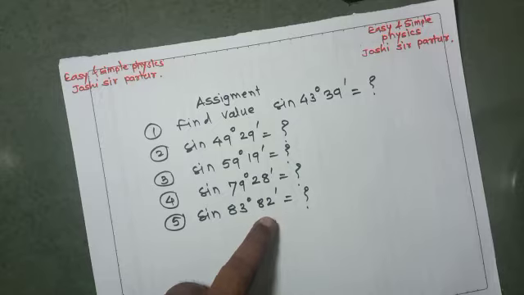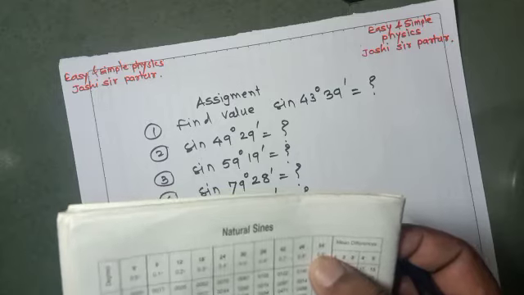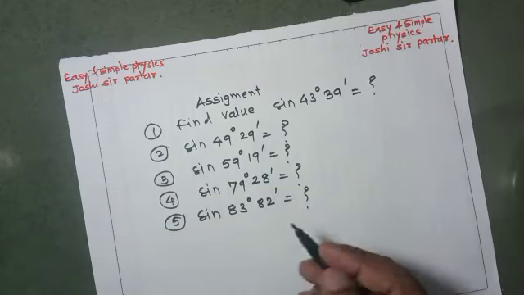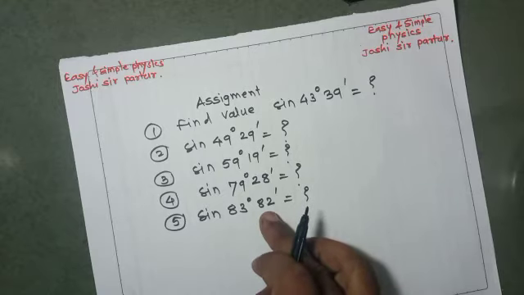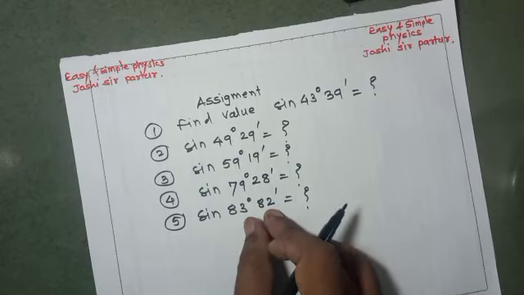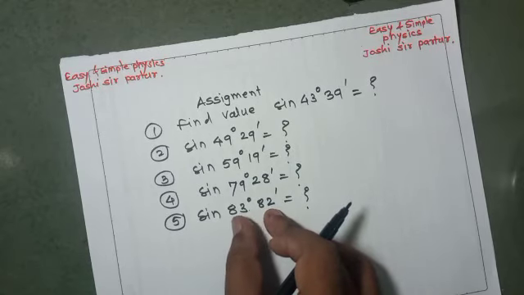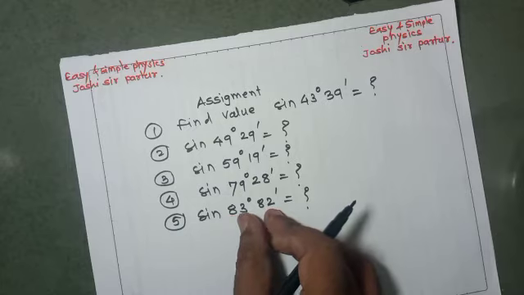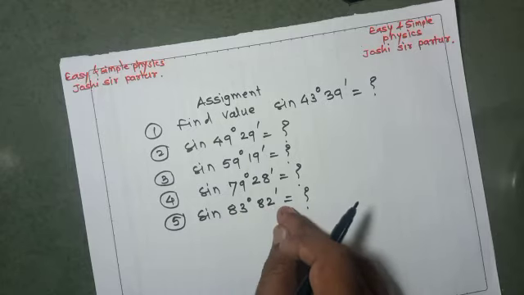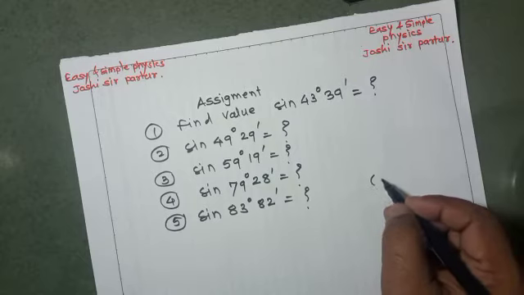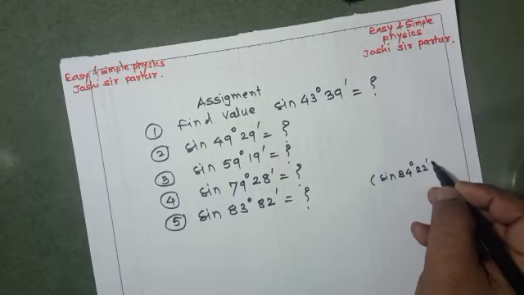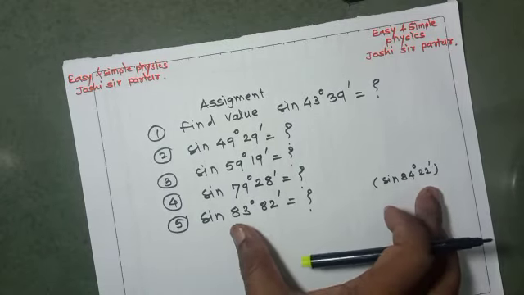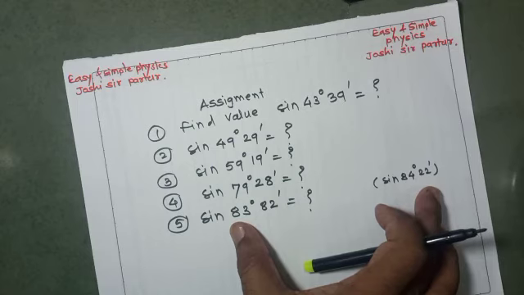in the logarithmic table. In the logarithmic table we can find only up to 60 minutes. So here first of all we subtract 60. When we subtract, 22 minutes remain, and this 60 means 1 degree, which we add, so we find sine 84 degree 22 minutes. In bracket, sine 84 degree 22 minutes, which is the same as sine 83 degree 82 minutes.